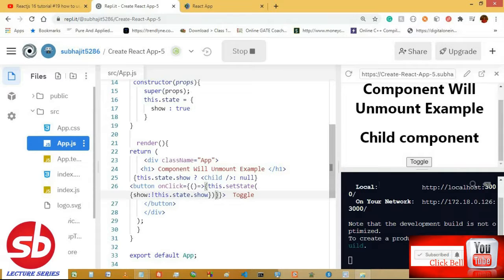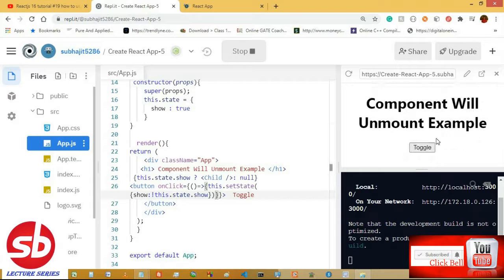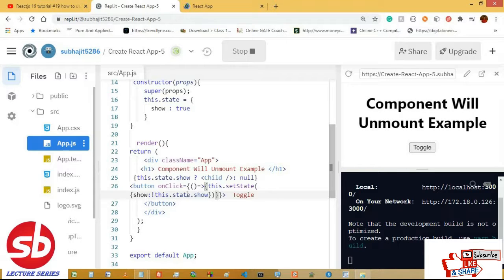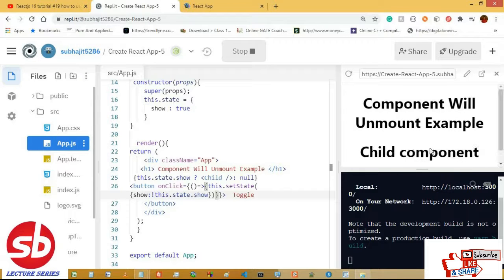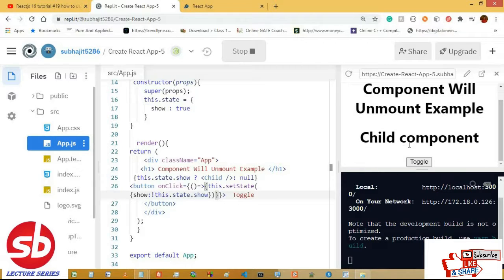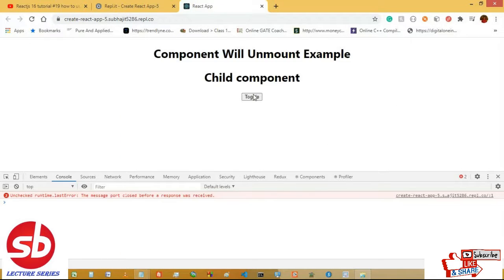So every time we click, the show will go from true to false and the Child component will disappear, and if we click again, the Child component will be shown again, because it goes from false to true. So with the toggle, the Child component disappears from the DOM, and then it is shown in the DOM again.